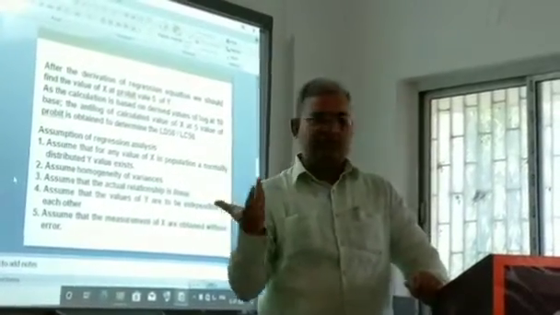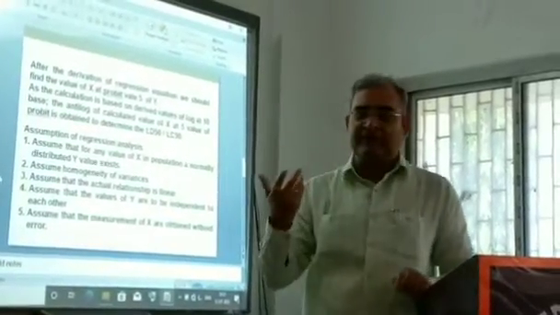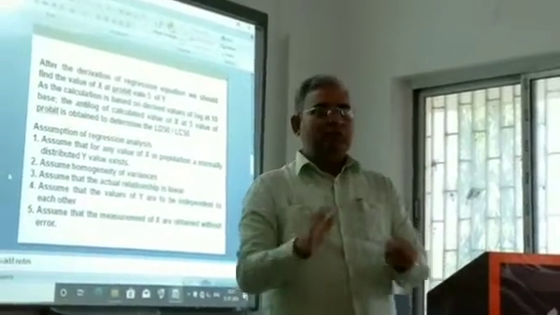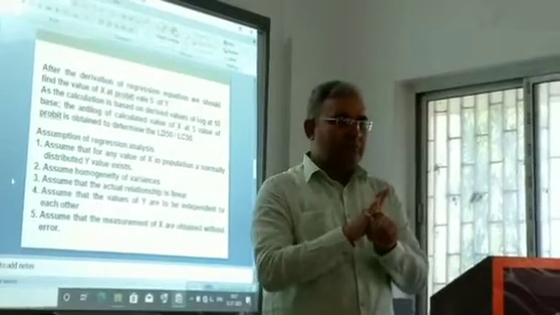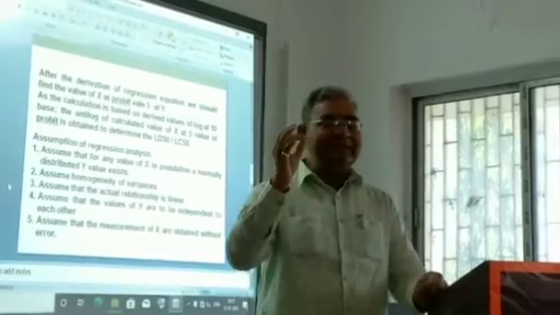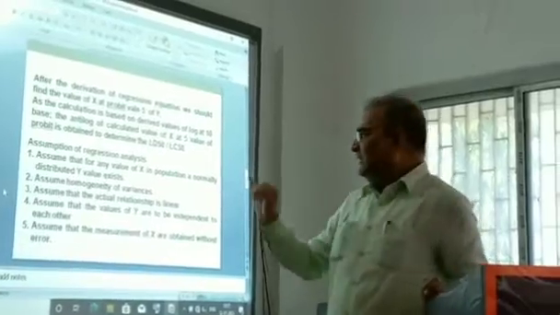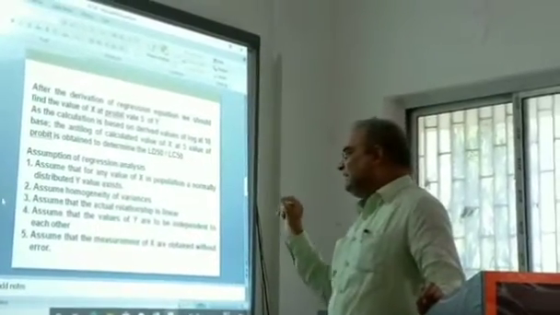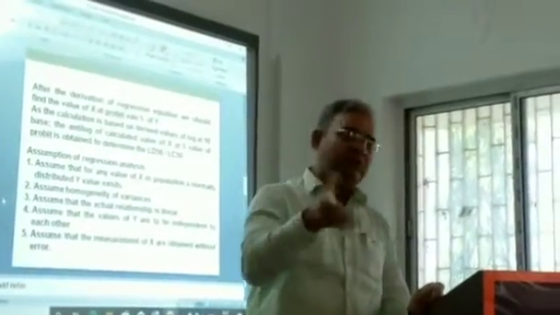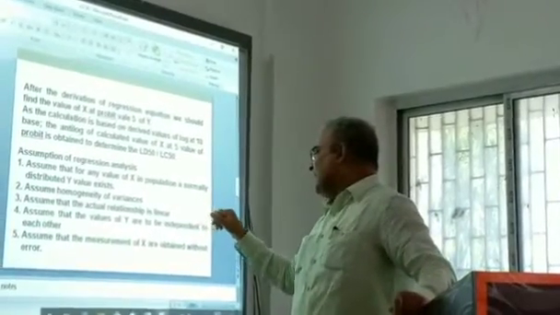वेरिएंस आप समझते हैं, सब लोग समझते हैं। उसी पे स्टैंडर्ड एरर बनता है, उसी पे स्टैंडर्ड डेविएशन बनता है, सब वेरिएंस पे ही डिपेंड करता है। तो दूसरा assumption होगा कि जो वेरिएंस है वो होमोजेनियस है। जो हम एज्यूम कर लेंगे तो इसके लिनियरिटी का हम क्वेश्चन नहीं कर सकते। Third, assume that the actual relationship is linear. एक्चुअल रिलेशनशिप जो होगा वो लीनियर होगा, इसमें कहीं प्रॉब्लम नहीं।